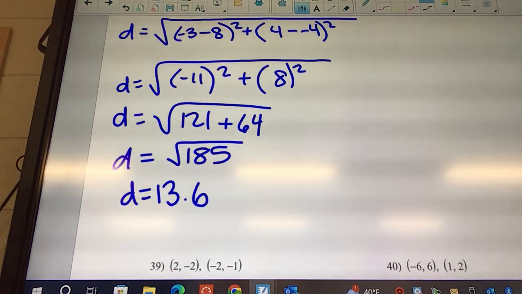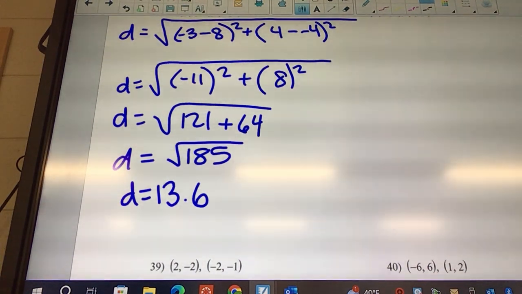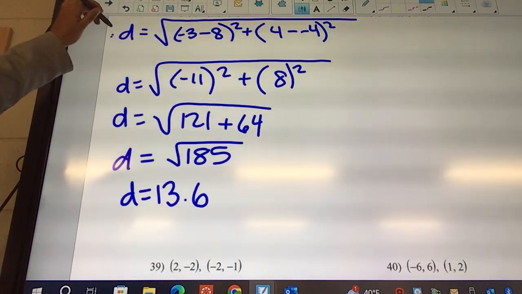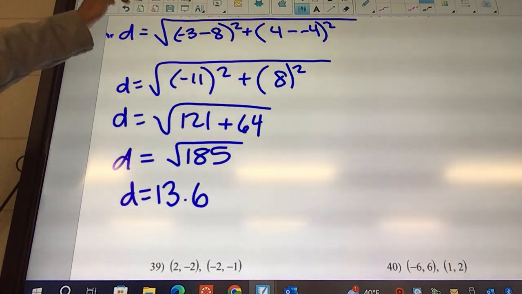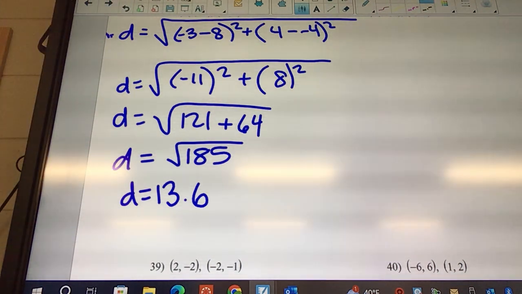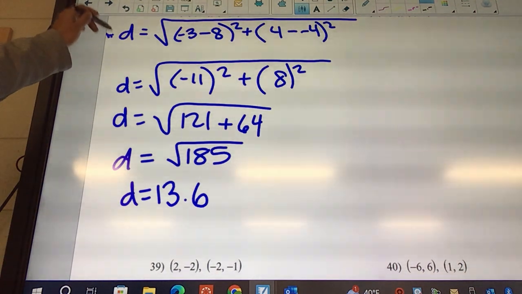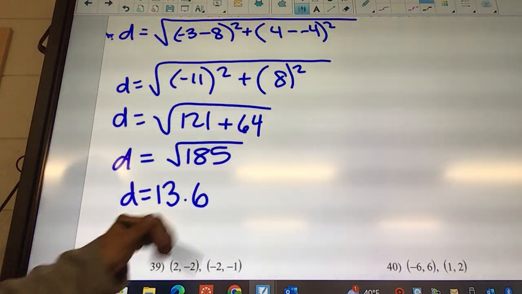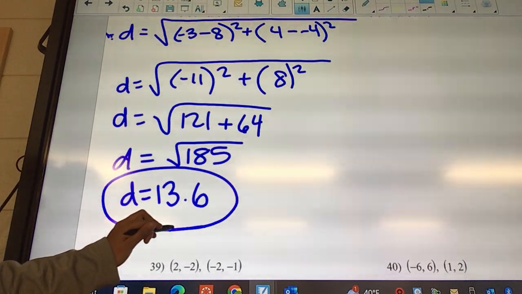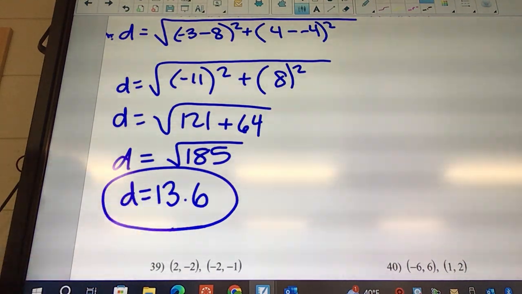Okay, here's what I can tell you when you do your test. Even if you type it in the calculator, you need to at least have this on your paper. What you typed in. Does that make sense? Don't just straight up type it from the things, because then you miss every single point possible. The only point I give you is for trying. But at least if you do this, I can say, oh, okay, well, they wrote it out right. They must have accidentally typed the wrong sign on their calculator. Do not just write me this. I'm not going to know where you got that number from, and you're going to miss all 5 or 10